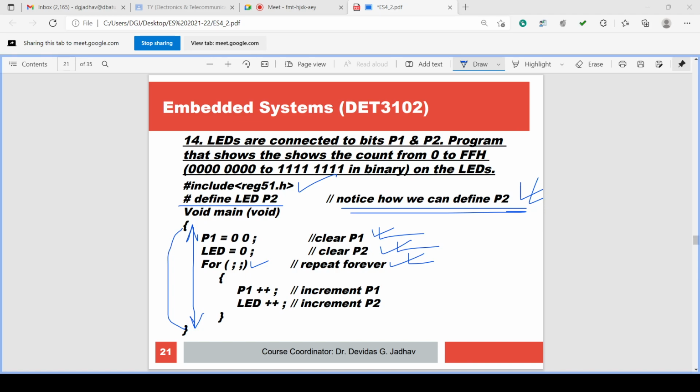Suppose the delay is 1/4 second, 250 milliseconds. Until that delay executes, the LED conditions are constant. Whichever LEDs are off remain off, and whichever LEDs are on remain on for 250 milliseconds. And then we are clearly able to observe